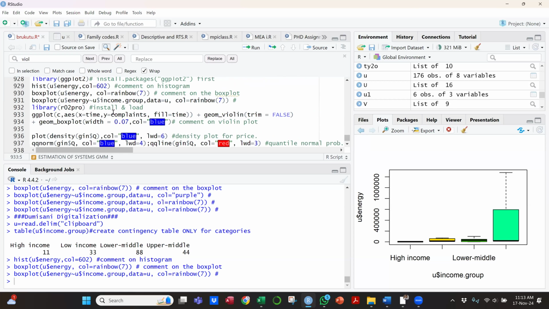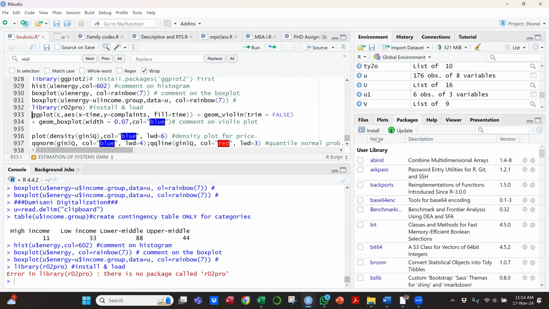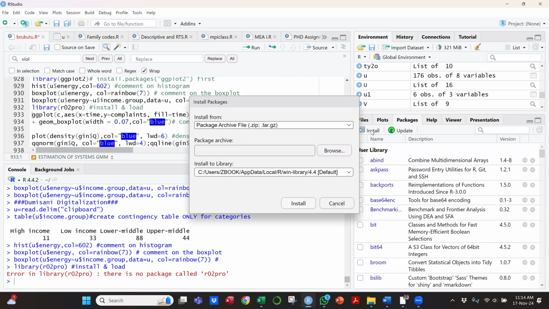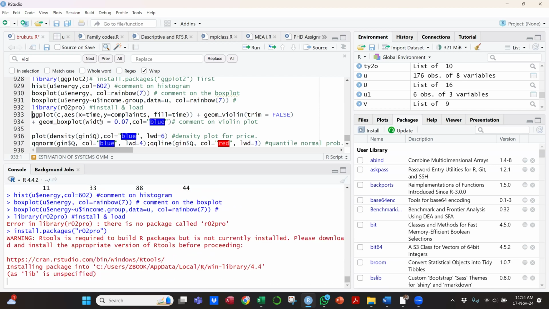So you load this package called library, and so on. Okay, it says there's no package like that. So when there is no package like that, you have to install the package. The package is R02 Pro. Okay, R02 Pro. So let's do R02 Pro. That's it. I click install to install the package. Once this package is installed,